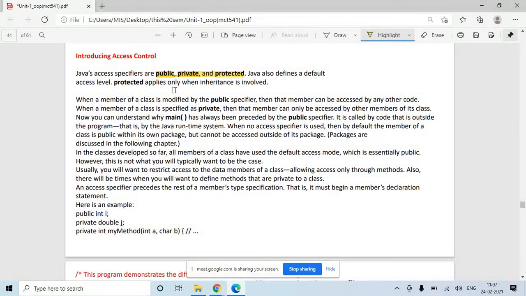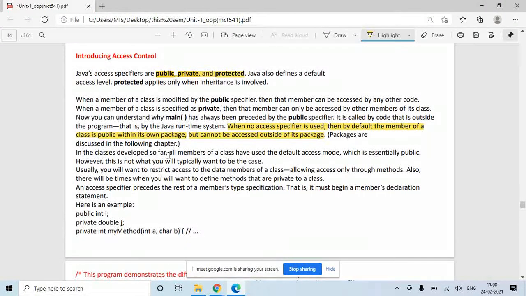Okay, so in addition to public, private and protected, we will discuss one more access specifier, that is default. When no access specifier is used, then by default the member of a class is public within its own package but cannot be accessed outside of its package.